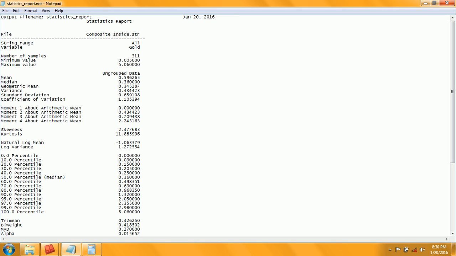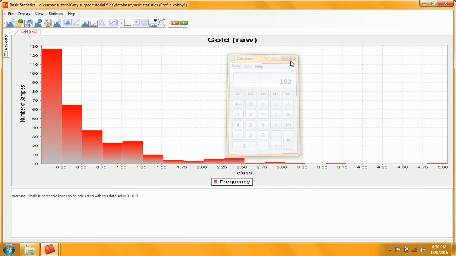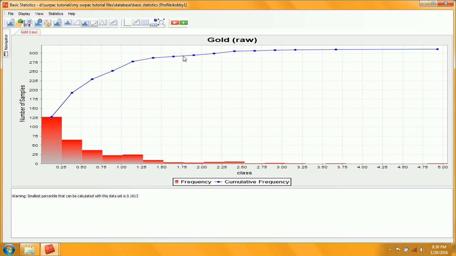Remember, variance is 0.434. Variance measures how far a set of data values are spread out from the mean or the expected value. Okay, all right, so this is our histogram, and we have our number of samples, the frequency. This is the gold. Let me bring the cumulative frequency curve. All right, I can also display the